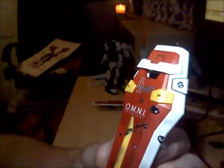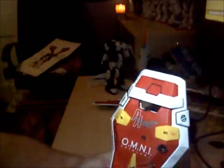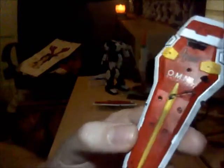Looks quite smoky as well, though the camera's not picking it up. Plenty of holes, one through the eye guard, inside, straight across. But yeah,